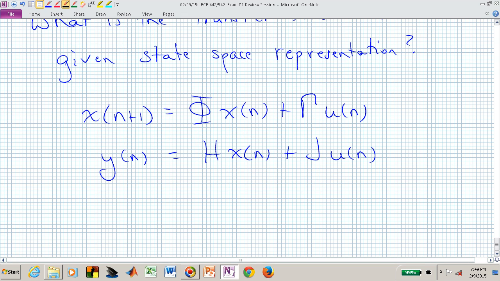X again is a tall, thin vector. It could be 10 components tall if we had 10 state variables, 10 delay blocks. In this example, it was just 2, wasn't it? X was an x sub 1 and an x sub 2. If we z-transform this,